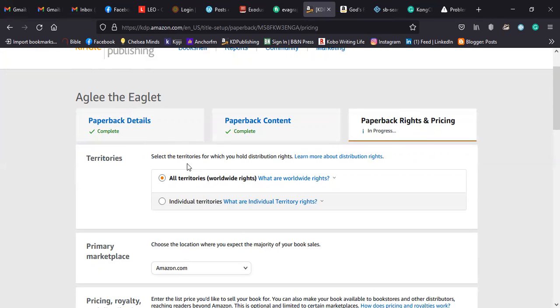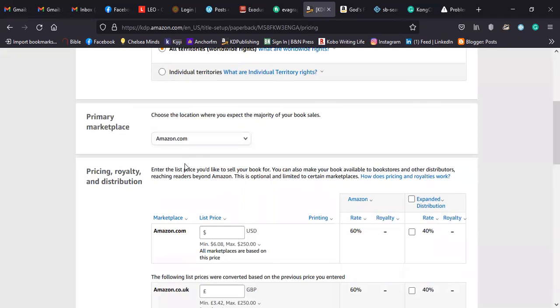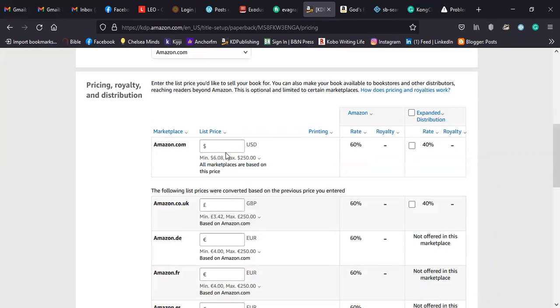Territories, you can change it if you want. I usually just leave it at all. And then your primary marketplace. And then you have your pricing, royalty, and distribution, where you can put in your minimum amount that you want and make sure that's within